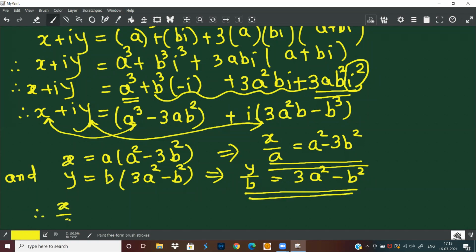Therefore, x upon a plus y upon b is a square minus 3b square. ये क्या है